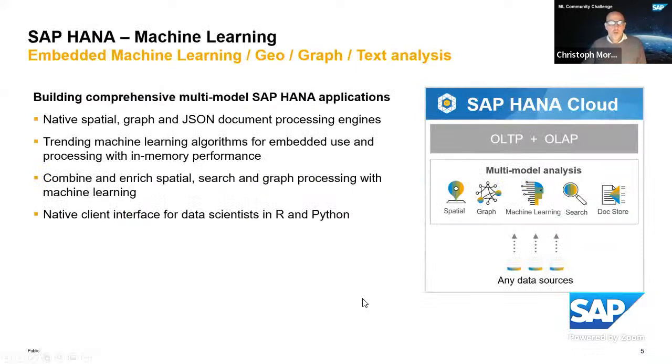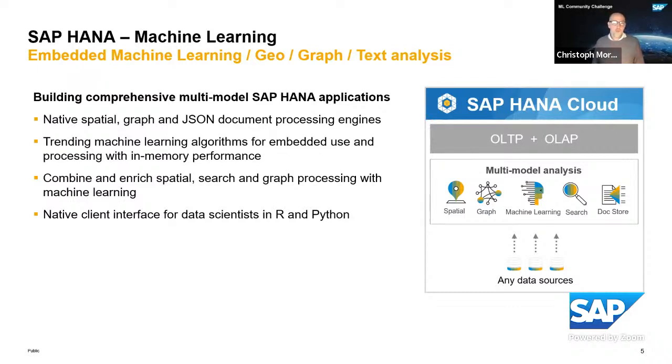So HANA Machine Learning is one of the key capabilities of the HANA Cloud or the HANA database in general, along with other advanced processing capabilities like spatial, graph, or storing data in the JSON document store. Some of the extended key capabilities which make HANA a unique and rich multi-model database.